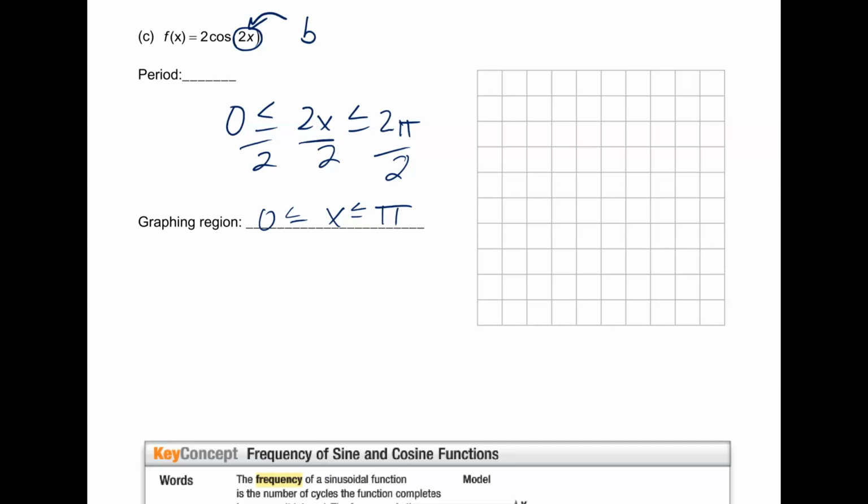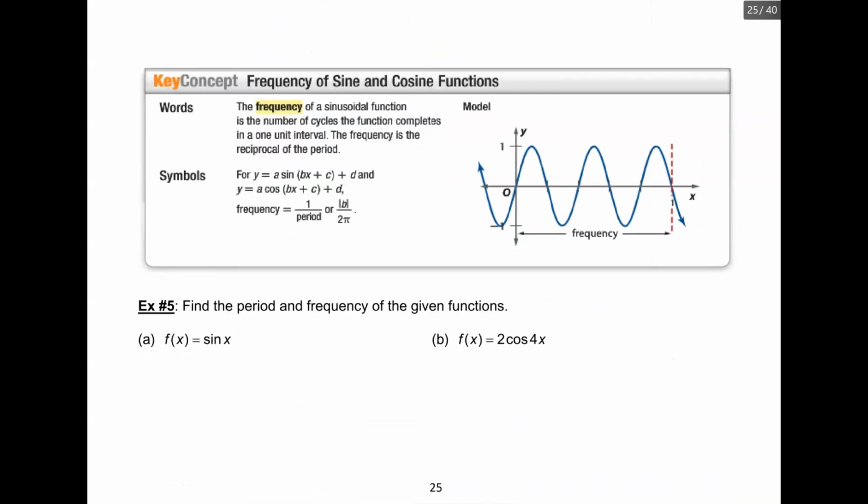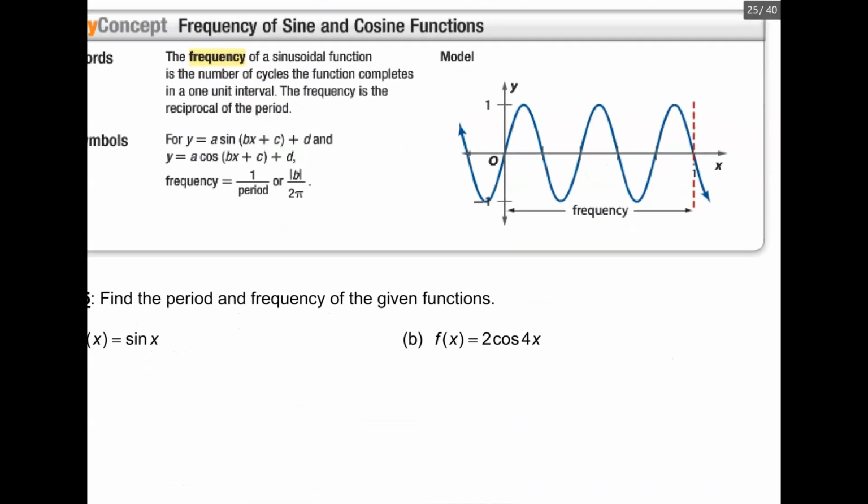Because the sinusoidal function, a is the number out front, so this is like the first page of 4.4. A is amplitude. This b deals with the period, so if I wanted to find the period, how long it takes to do one cycle, I do 2 pi divided by b, so that's 2 pi divided by 2. So every pi, it's going to do a complete oscillation, a complete max, 0, min, 0, max, the total oscillation in 1. So if I want to talk about the frequency, it is the number of cycles the function completes in